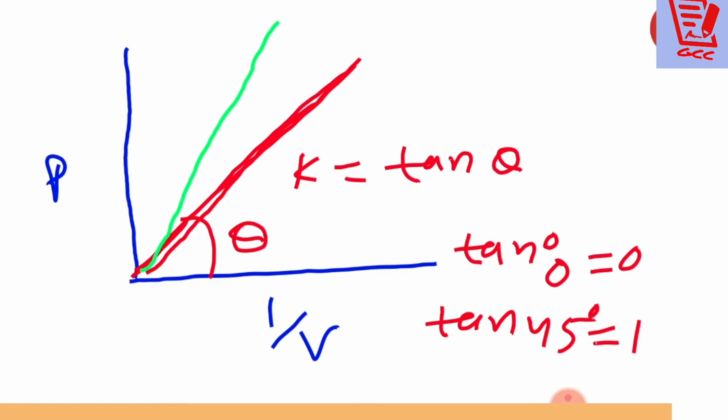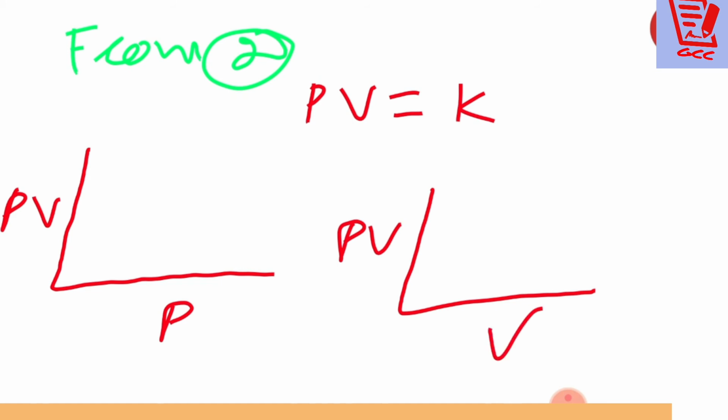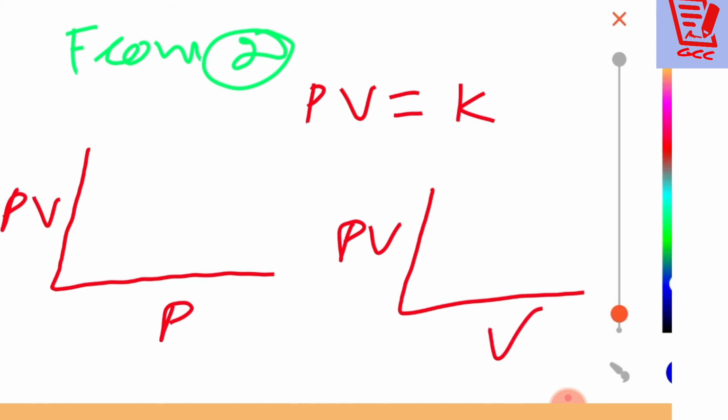Okay students, then after that beta, next is here. Now from the second part, in the second, what we have done, we have written there PV is equal to K. It means PV is constant. So, better see all of you, you can draw a graph between PV and P, or you can draw a graph between PV and V. Just remember there PV is constant, that is why there will be a horizontal line.